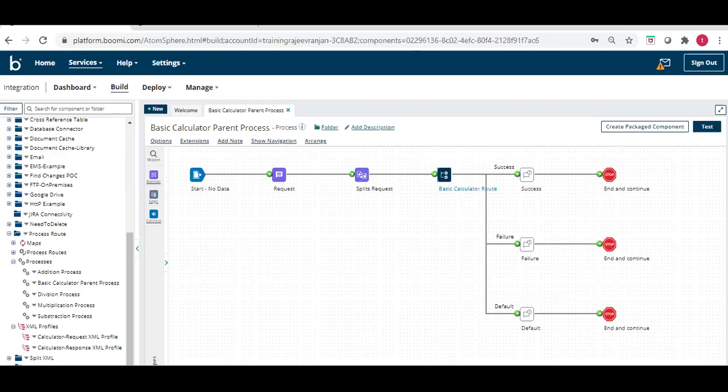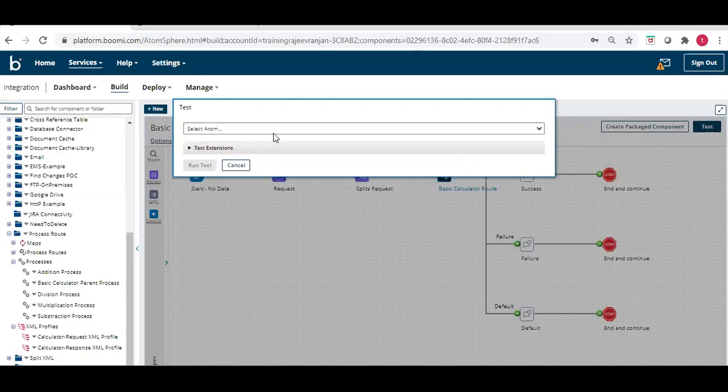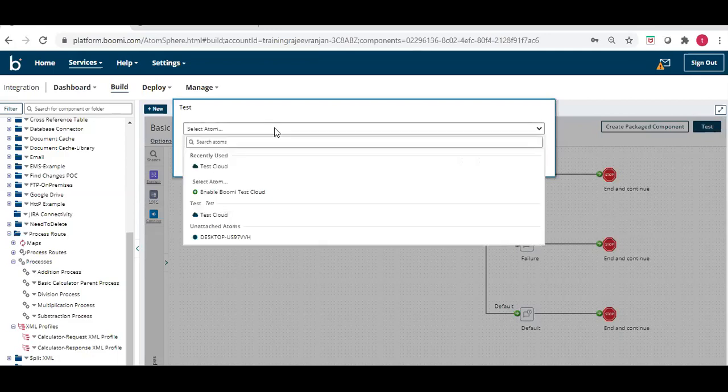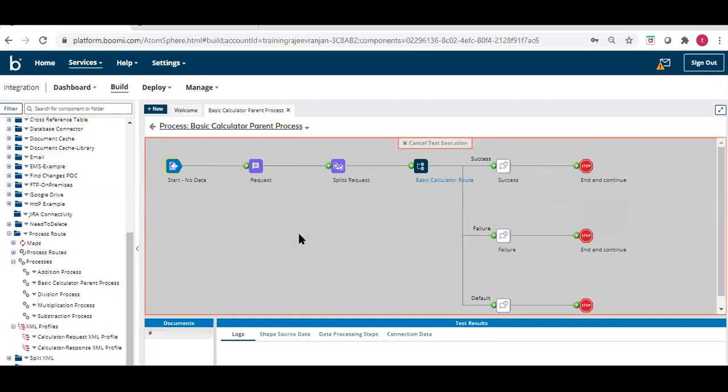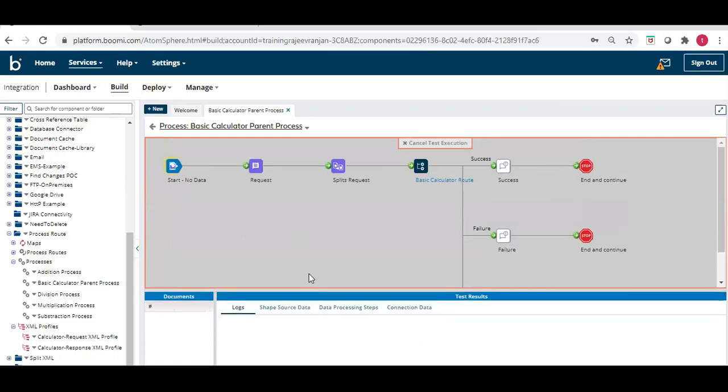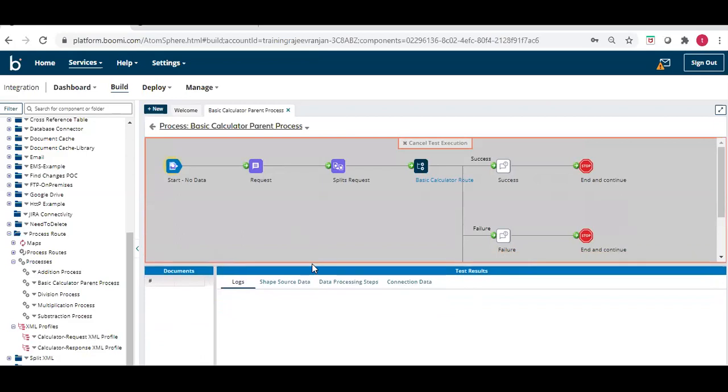Okay, so let's see while testing. This is only the parent process we need to test. Because there is no dependency on premises, let's test in the cloud and see how each and every sub process call will be executed.